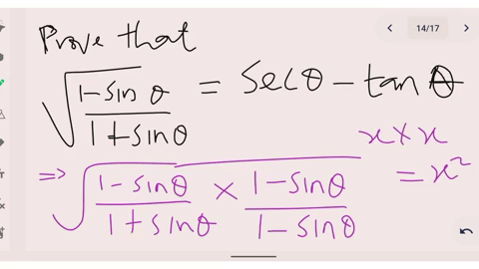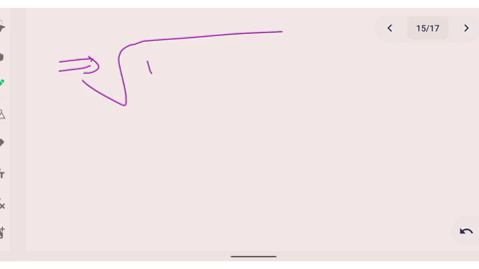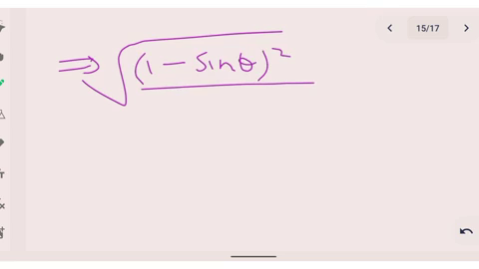The same thing we're going to do here. Are you getting it now? In the next page, you are going to have the square root of (1 minus sine theta), all squared, divided by